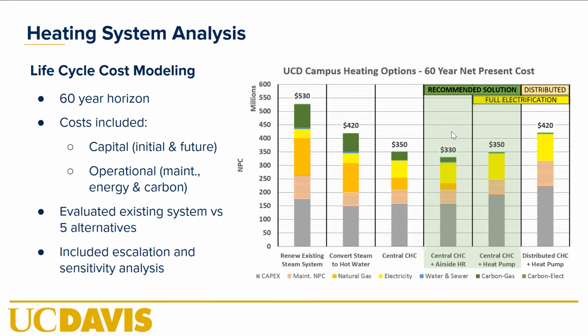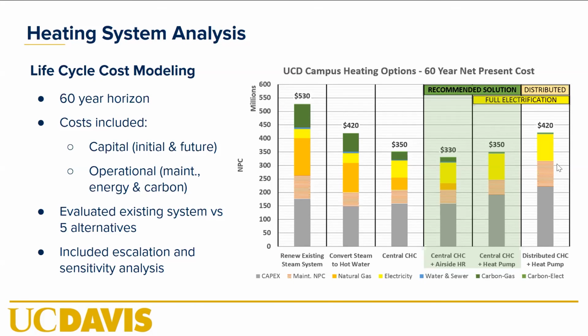What we ended up landing on was these two solutions. We basically are keeping the options open for both of them. I'll talk about those, but the last one here on the chart is showing the potential of, instead of having a central heating system with piping running to all the buildings on campus, what if we just had a distributed heating system still tied into, for example, the chilled water with heat pumps, but had distributed heat pumps throughout the campus, which is a great innovation, I think, but it ended up being too expensive on the capital and the